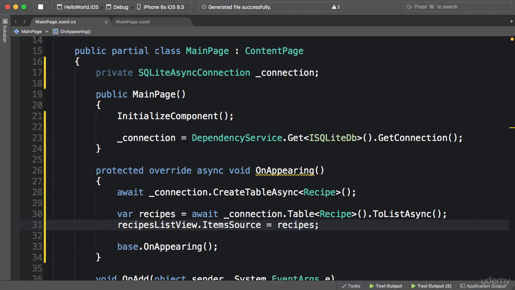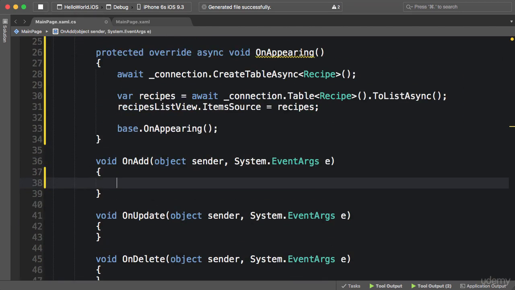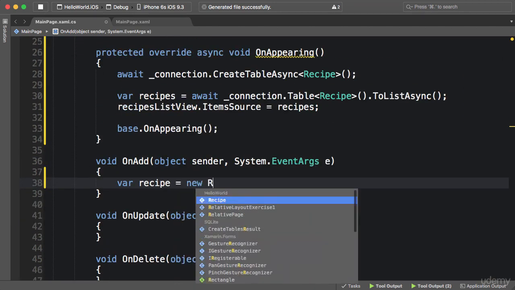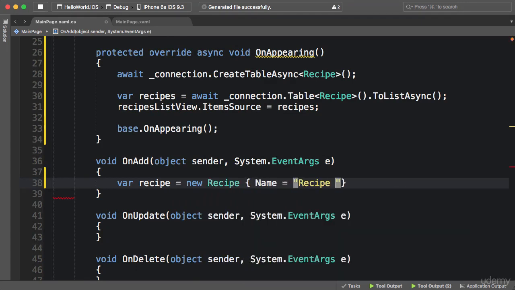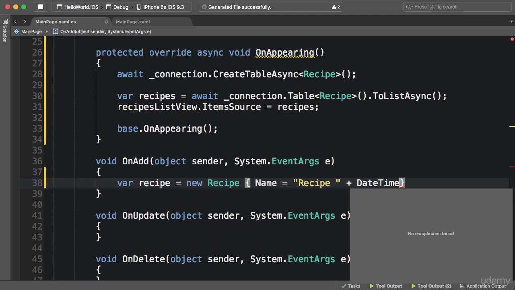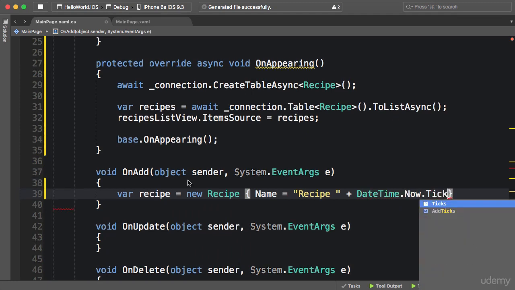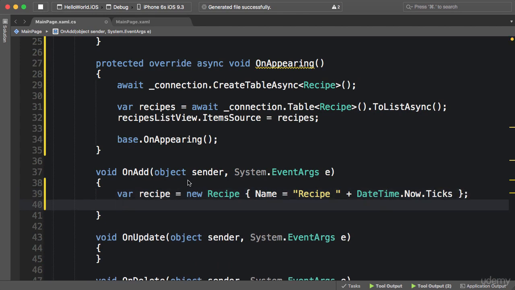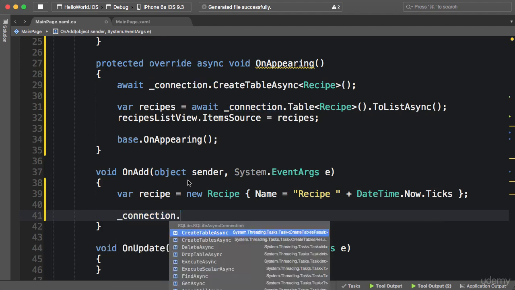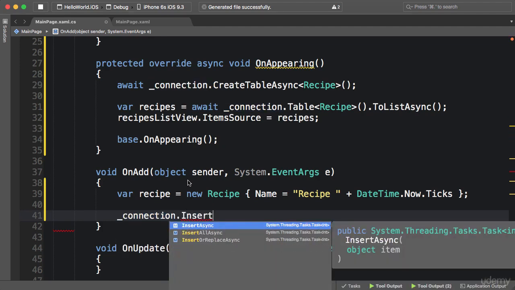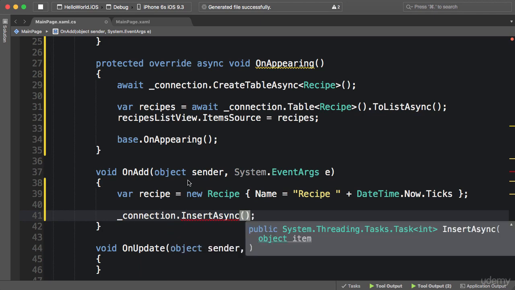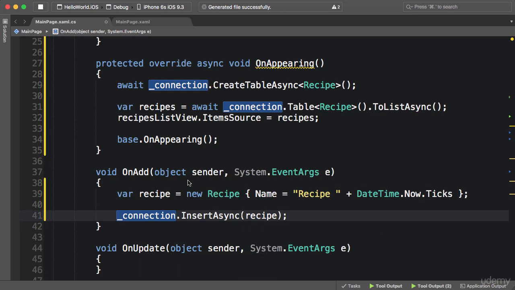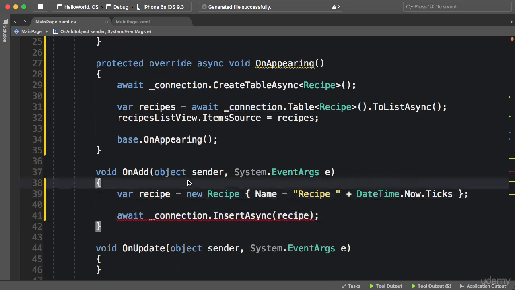Now let's implement add, update, and delete functions. So for the add, first I'm going to create a new recipe and set the name. We can use DateTime.Now.Ticks as a way to differentiate recipe names. Now to add this object to the database, again we use connection.InsertAsync. We also have InsertAll to add a list of objects, and InsertOrReplace. In this case, I'm going to use InsertAsync. So we have the recipe here, and it's an async method, so we need to await it and apply the async